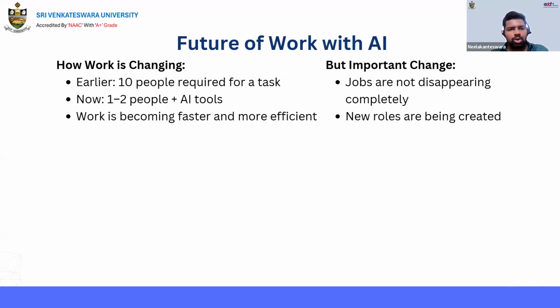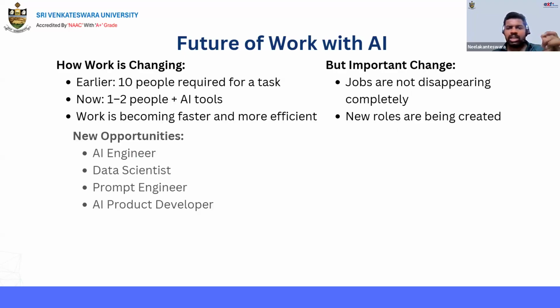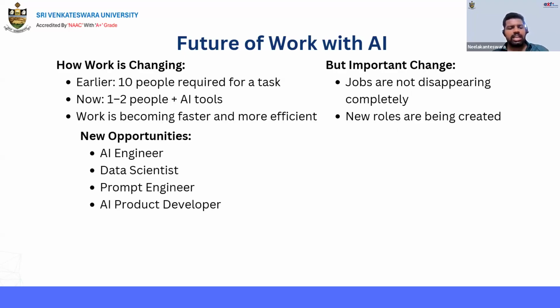And these new roles and new jobs are the most promising and highest paying jobs in market history, that means up to now, in the past. So what are the roles or opportunities? AI engineers, data scientists, prompt engineers, AI prompt developers. These are not the only ones, these are just the limited things I mentioned. We have some huge opportunities and roles being created, and these are the most high paying and most promising jobs. So just remember this one.